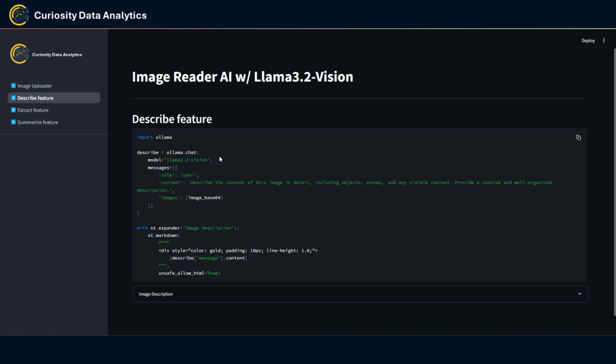Then you input a prompt to send to the model. So here for the describe feature, I'm writing this prompt that reads, describe the content of the image in detail, including objects, scenes, and any visible context. And also specifying to provide a concise and well-organized description. So this is the content part. We can also import the image from which we want to extract some content in the images key. As you can see here, we're using the base64 version of the image